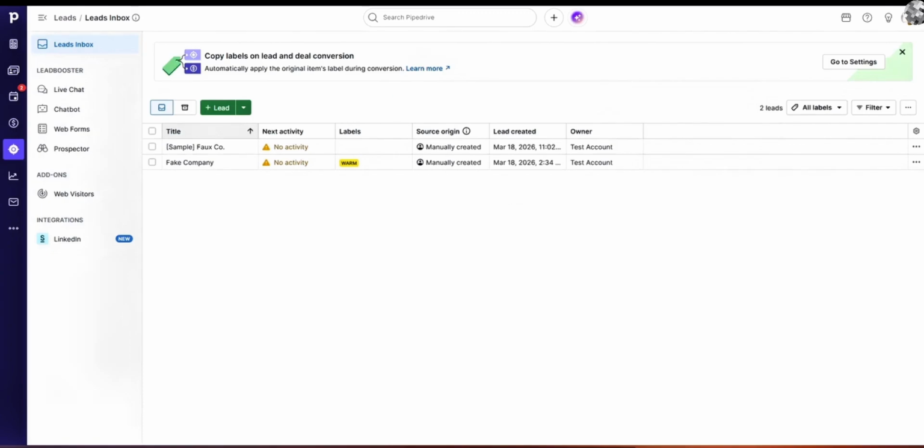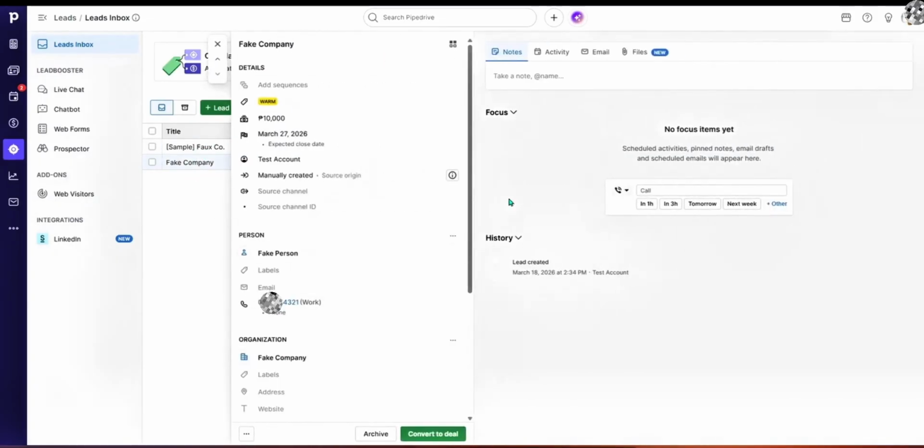From your list of leads, find the one you want to document. Click on that specific lead to open its detail view. Take a moment to confirm you're in the right place by glancing at the lead's name and any existing context on the page. Keeping your notes attached to the correct lead ensures your team can pick up the thread instantly